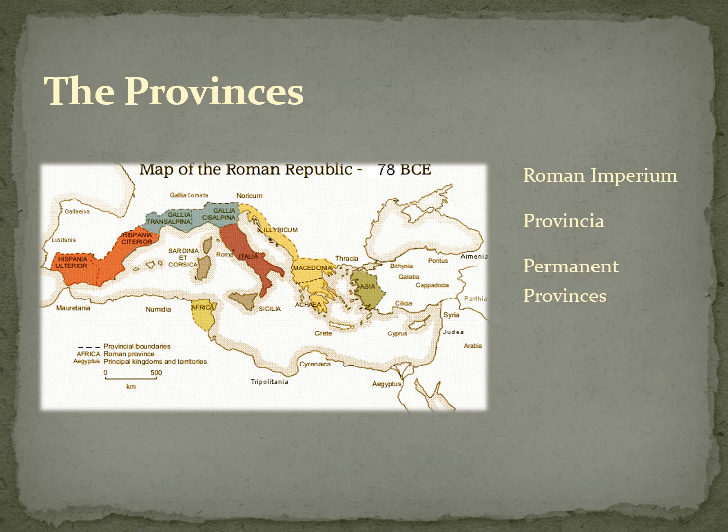And so soon the Romans began to assign magistrates provincia over particular territories. The first place that they had to do this was in Sicily. And if you're not familiar with Sicily, Sicily is right over here. It's off the coast of Rome, in Sardinia. These were early territories that were won from the Carthaginians. And it soon became obvious that Rome wasn't going to be able to supervise these territories from so far away.